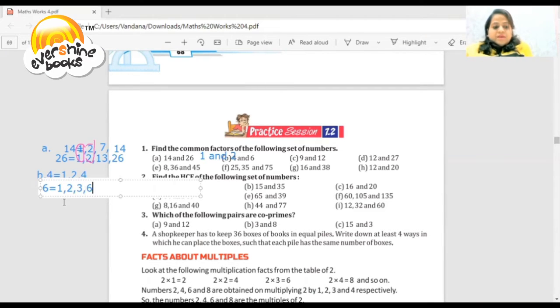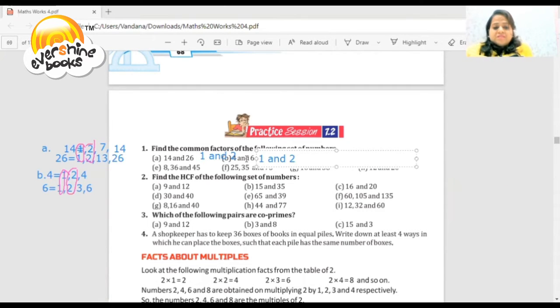Then the factors which are common in both numbers: 1. So just draw a circle here. 1 is a common factor in both numbers 4 and 6, and 2 also. So 1 and 2 are the common factors here also, as we did in the first question. So 1 and 2